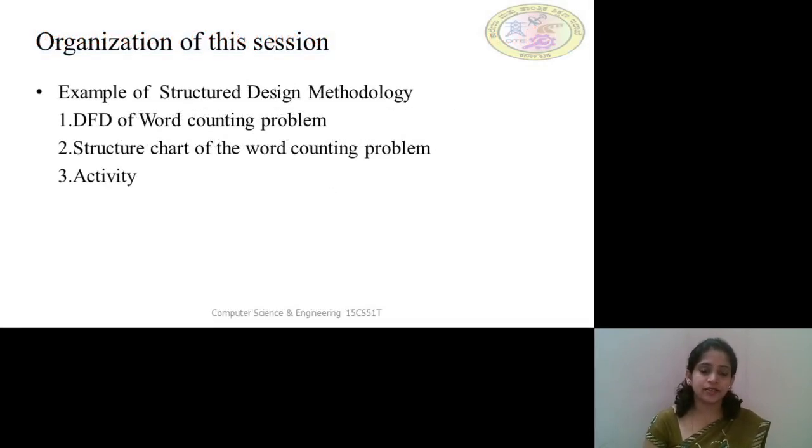In the previous session, we discussed the different steps involved in the structured design methodology. The first step is to restate the problem with respect to the DFDs. The second step is identifying the abstract input and the abstract output. In the third step, we discussed the first level factoring of the modules, and in the last step, if the structure is still at a higher level, we can decompose or factor those input modules and output modules again.